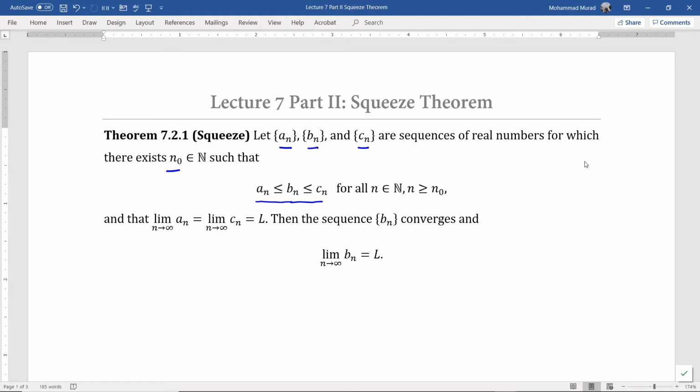Meaning that the nth term of the sequence b is in between the nth terms of the sequences a and c. If it is true for all indices n larger or equal to n sub 0,